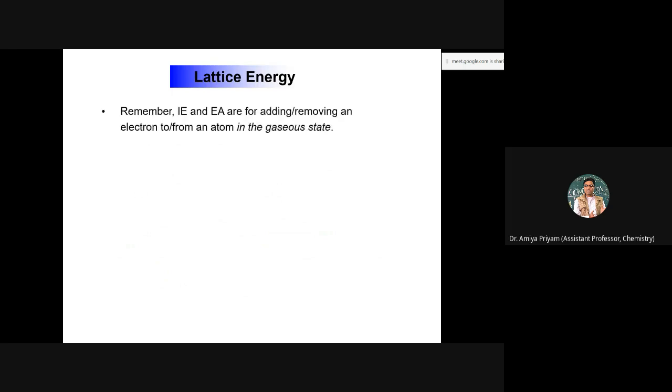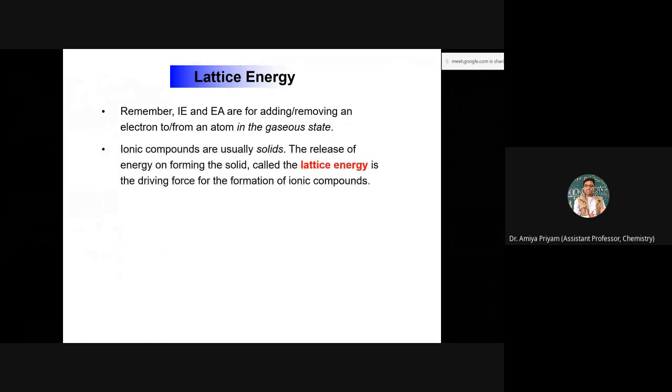So the answer is lattice energy. When you view one atom of lithium and one atom of fluorine in isolation, then you have an energy requirement which is not sufficient to make that happen. The energy consideration makes it unlikely, but if you have a large number of such atoms together, and they start arranging themselves in a regular arrangement, that is typically a solid,